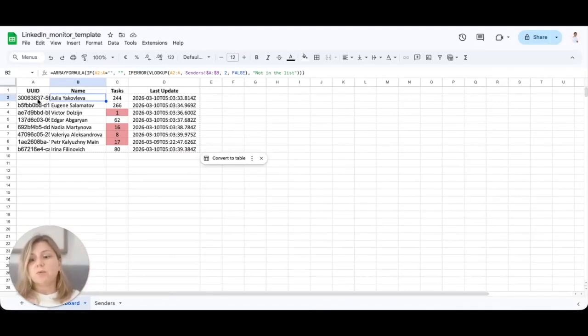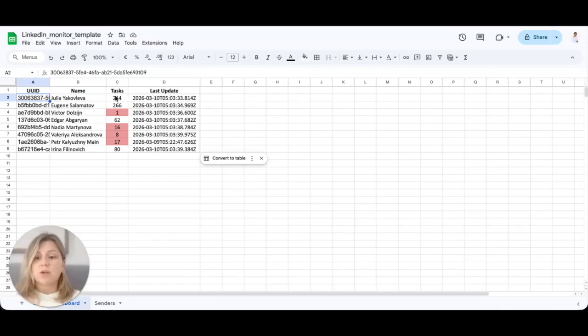So, okay, we received this specific UUID in the API request, and we already have it in the Google Sheets table. So here we just need to update the number of the tasks and also put the last update that we did here, the timestamp of the last update,